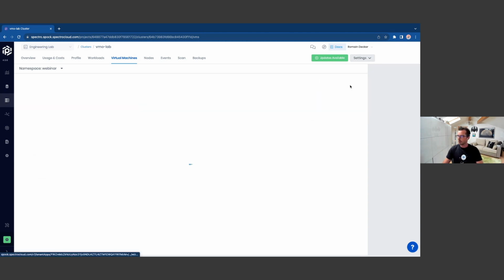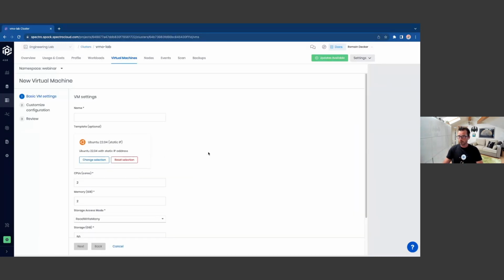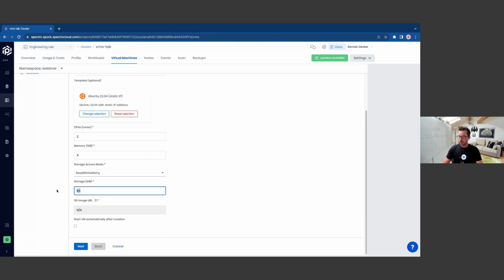But I can also create a new VM with the wizard. So I have 2 templates in my environment. Obviously, you can have a lot more Windows templates, Linux templates, everything that you want. I will call that one webinar 2. I will assign 4 gig of RAM. The rest of this is okay, and I will start the VM automatically after creation.